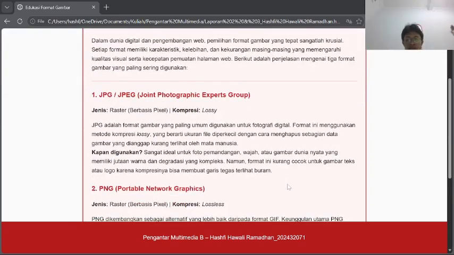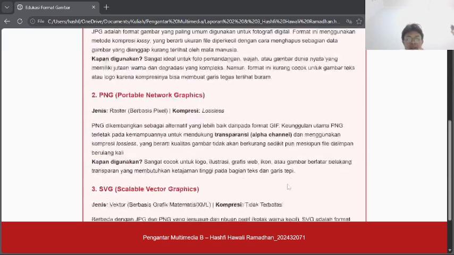First, we have JPG or JPEG, which stands for Joint Photographic Experts Group. This is a raster-based format that utilizes lossy compression. This means it shrinks file size by permanently discarding certain color data that the human eye cannot easily notice. It is the absolute best choice for real-world photography and complex gradients because it handles millions of colors efficiently. Second, we have the PNG